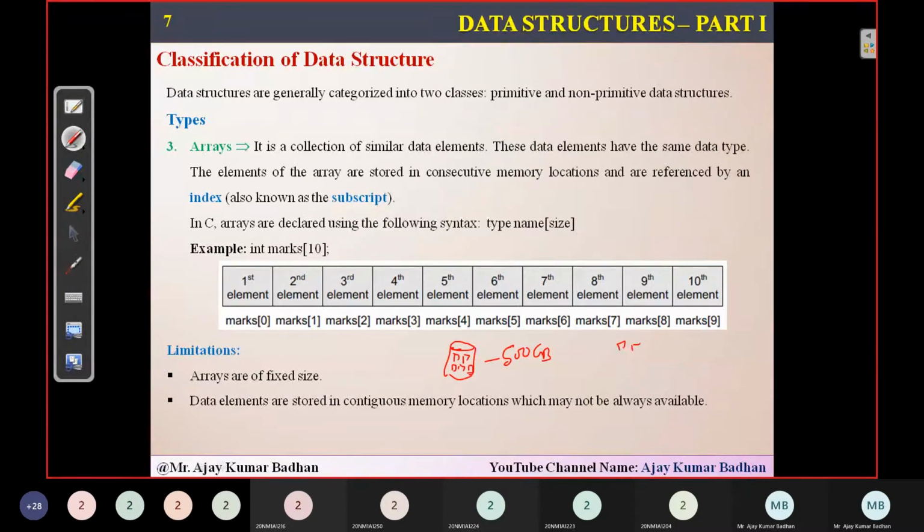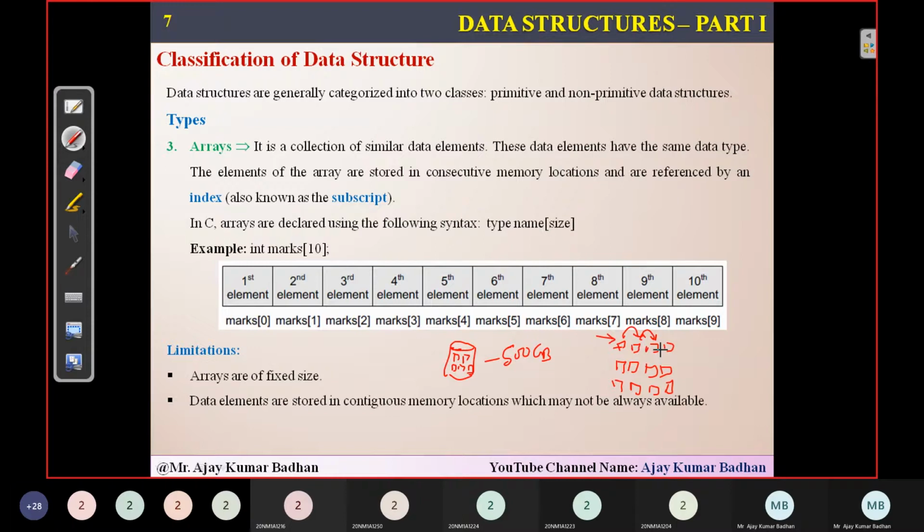These blocks, even though they are present in a sequential way like this, the data you are storing inside them will not be in a sequential way. It will be split up based upon the memory. Every block will have some size. Based upon the size, that much information will be stored here, and then it will move to the next, and then the next. But it will not be sequential.